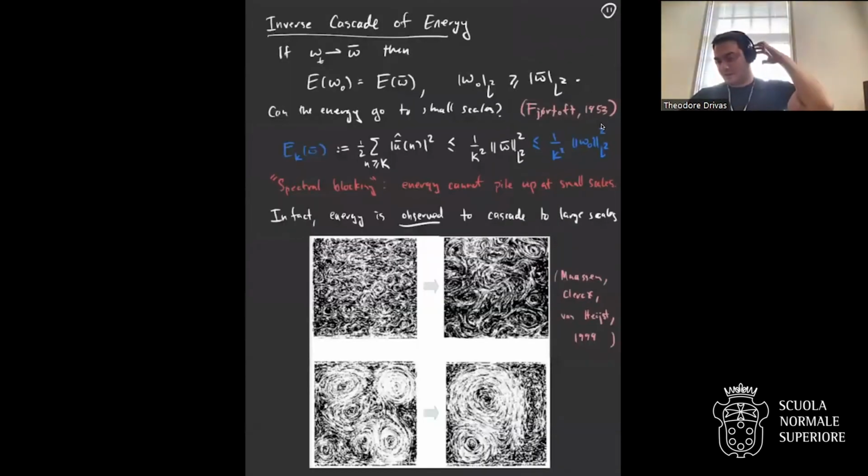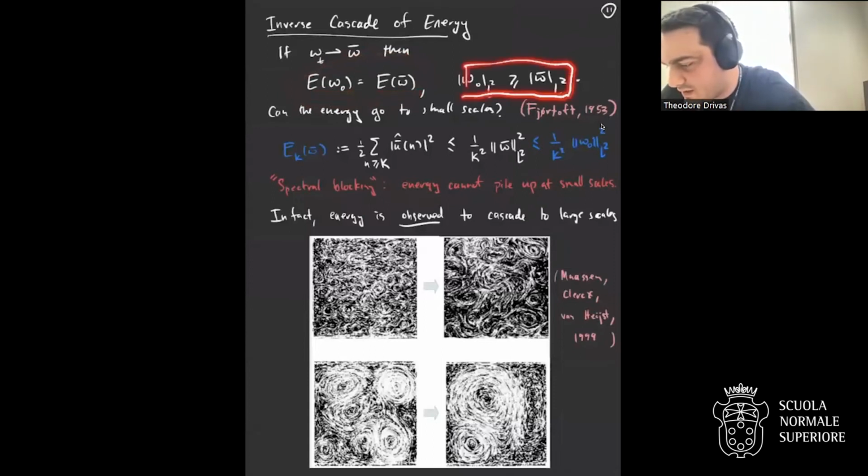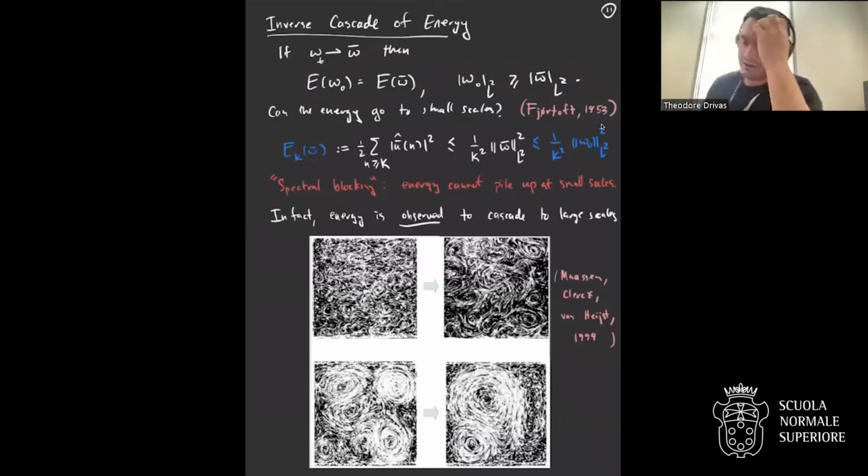So what do we actually see in 2D? Well, because of the weak star continuity of the energy, which gives you this equality constraint, and because you have this inequality relative to the data for the entropy, that imposes some strong information about how much energy can pile up in the weak limits. An argument that goes back to Fjortoft in the 50s shows that if you look at the energy at wave number k, it can't be too large. If I take that wave number and send it really high to look at how much energy is piled up in the small scales, it has to go down at least at this rate in k.